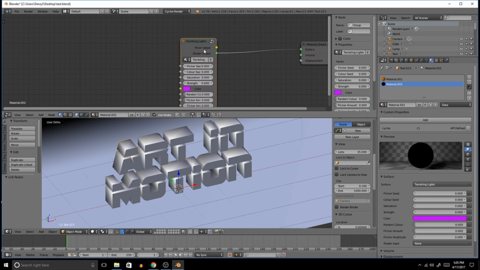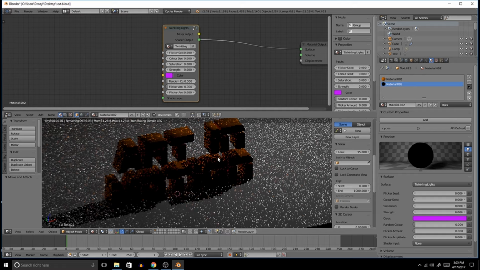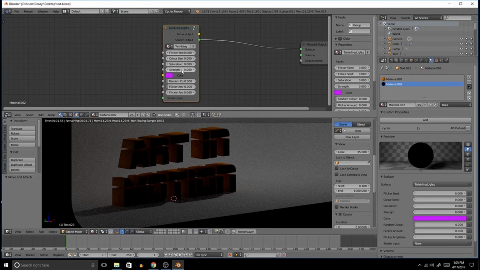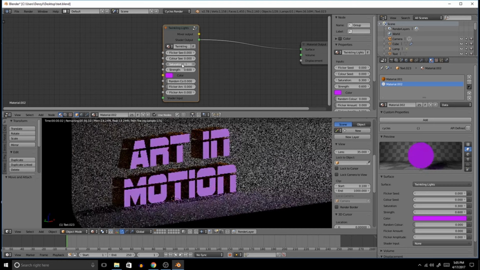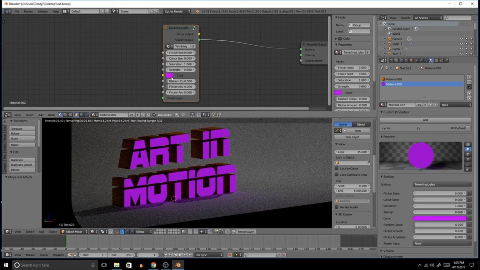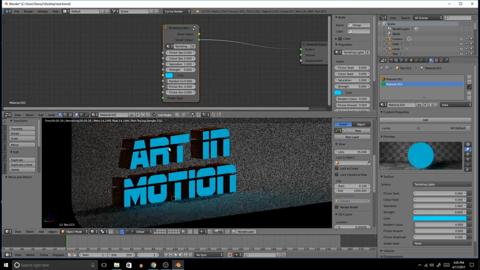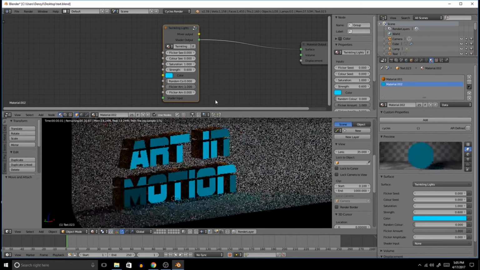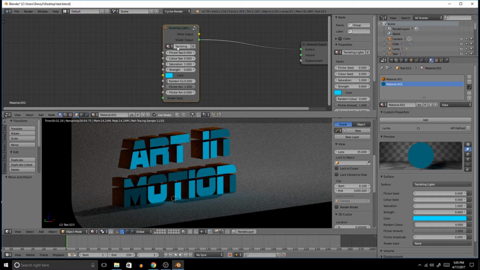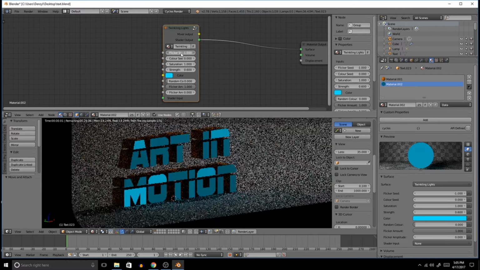You just plug it in, and now it all looks black. So what we've got to do is increase the strength of the light. We've got to change the saturation so it can be whatever color you want. I want it to be green. Or nah, blue. I think blue's better. And then we can change the flicker amount by increasing it over here. And if you want to animate it, you can animate this